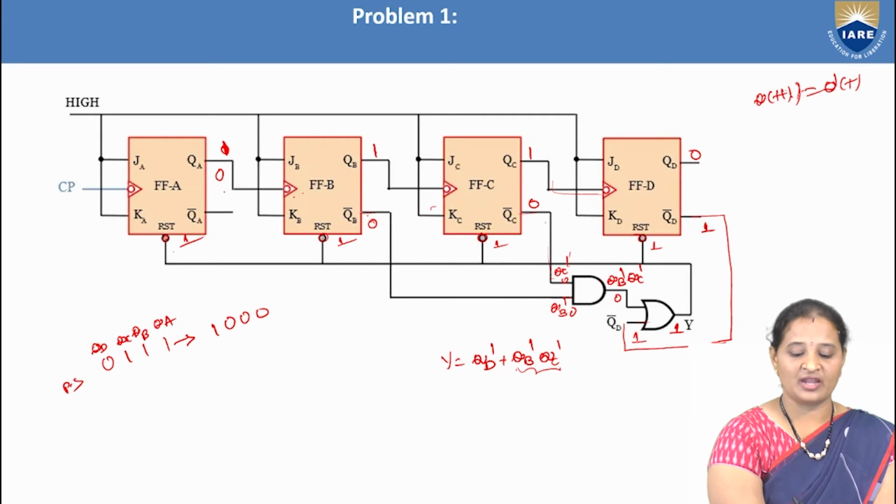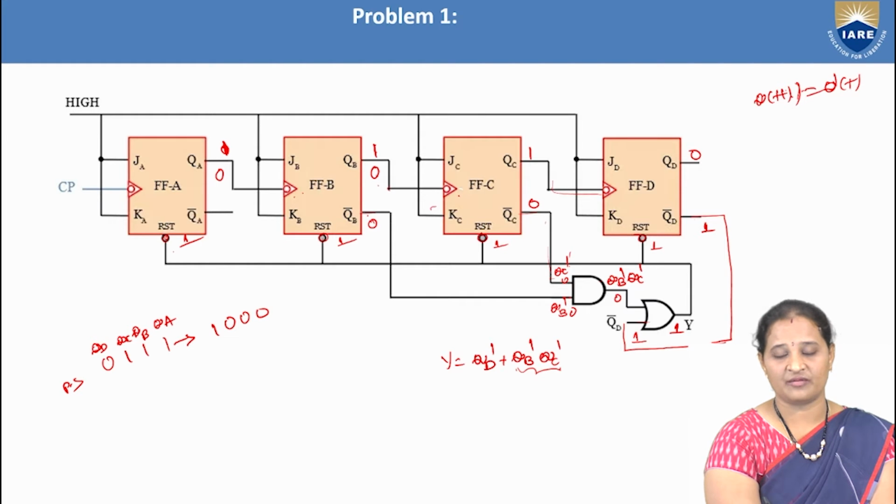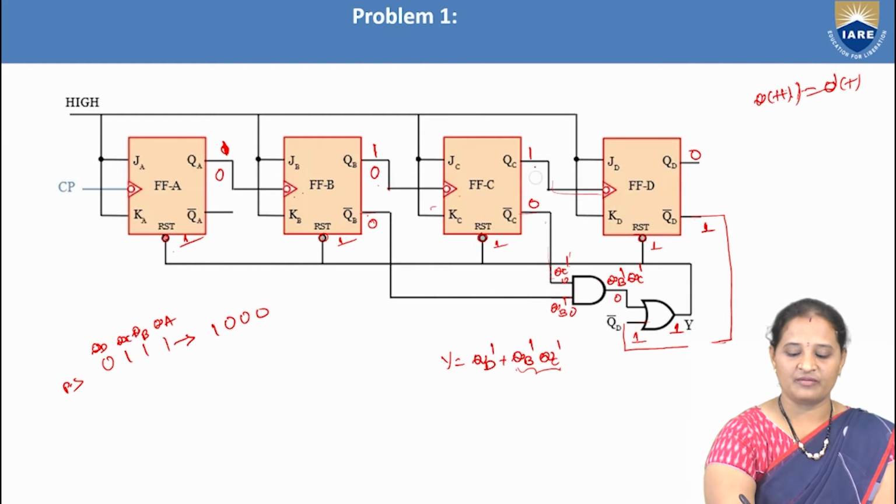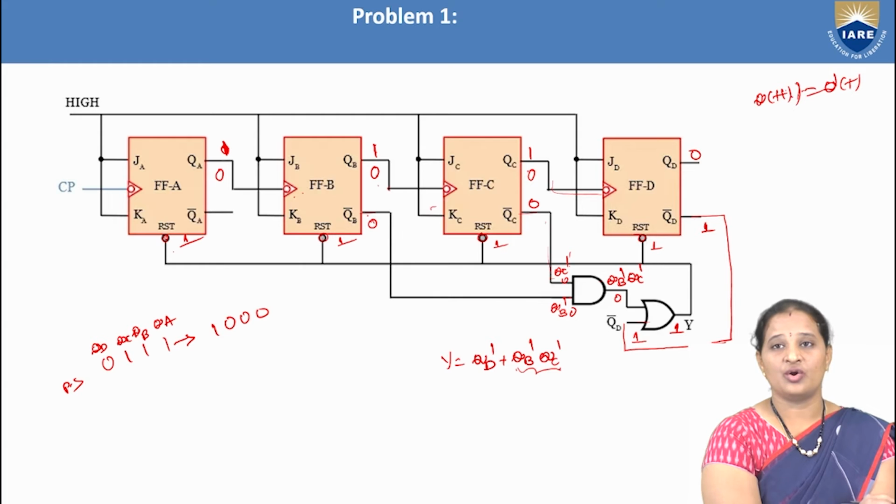So as we have a negative edge, the output of this flip-flop also changes. Now again, what is the transition we have here? Again 1 to 0. It is also a negative edge, which is given as a clock to the third flip-flop. So again the third flip-flop state also toggles and becomes 0 here. And now 1 to 0. So what is the transition here?